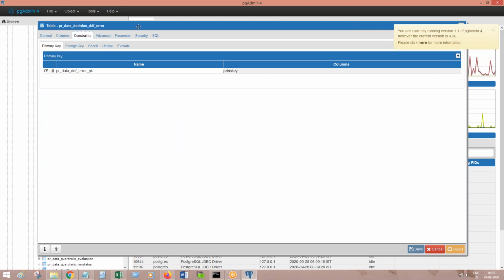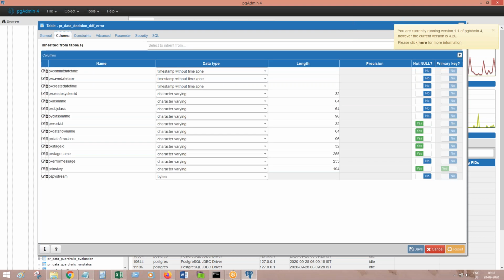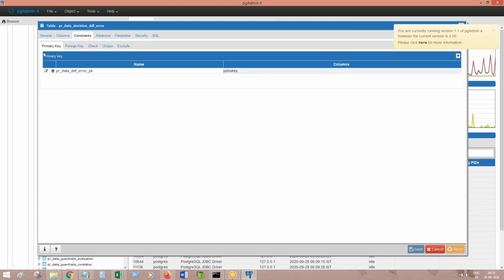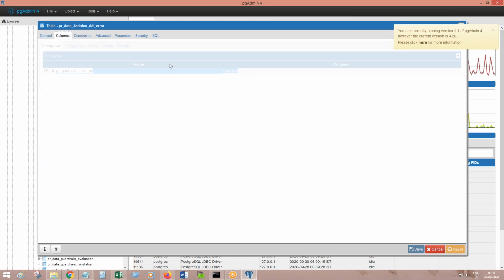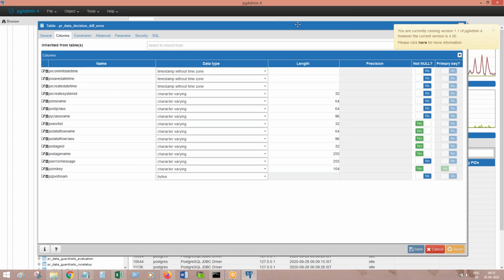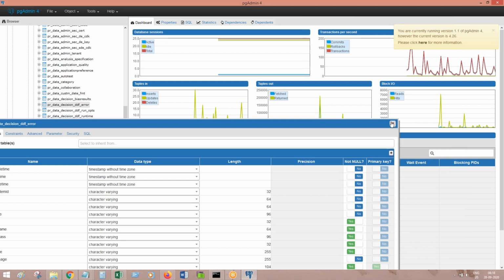It got stuck actually. But here also you can see the primary key column, pzInsKey. It is not loading, that's the only problem. It doesn't have any composite key.